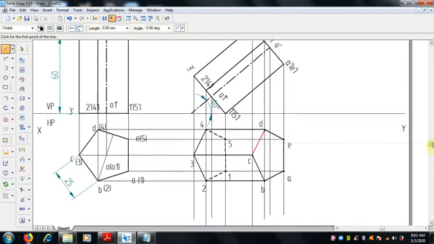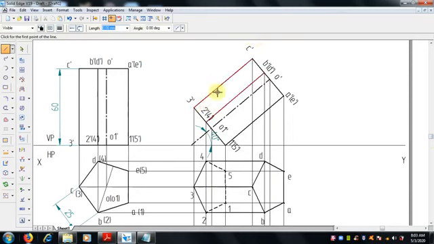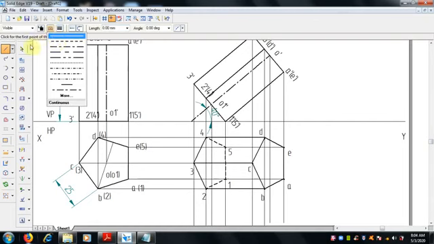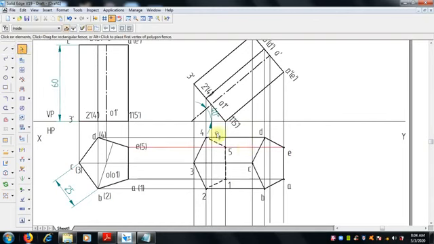If you see, this 3C is visible, and 2 to B and 4 to D, only these can be visible. The remaining edge, this 1 5 edge, is hidden along with that, so we have to select the hidden line. Already we have done the line, means no problem. Otherwise select the hidden line, 0.5 mm thickness.